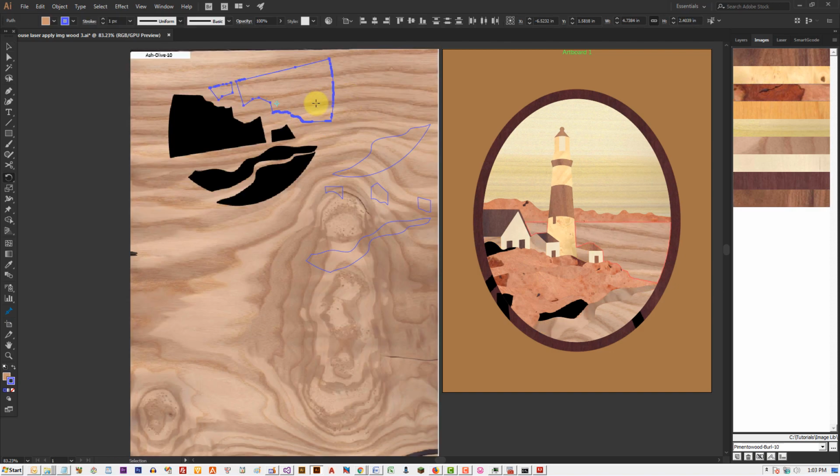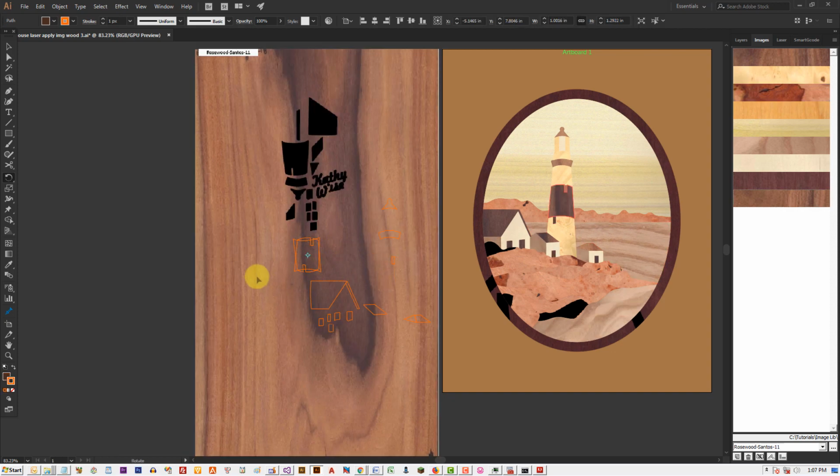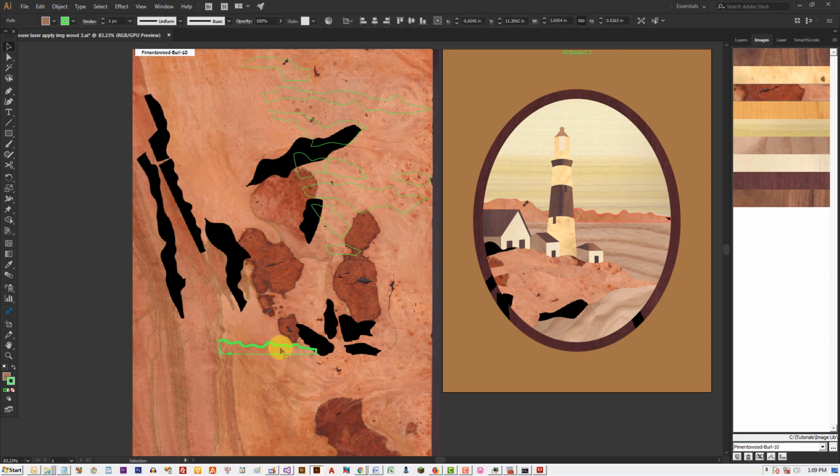When relocating the clipper path on the clipper image, I look for a location that can simulate the ocean waves. And here I'm placing each piece of the lighthouse so that the darker side is to the left. I'm doing the same thing for the roofs on this little house. For the mountain, it would look much better to have some dark stripes at the bottom. So I'm moving those pieces here.